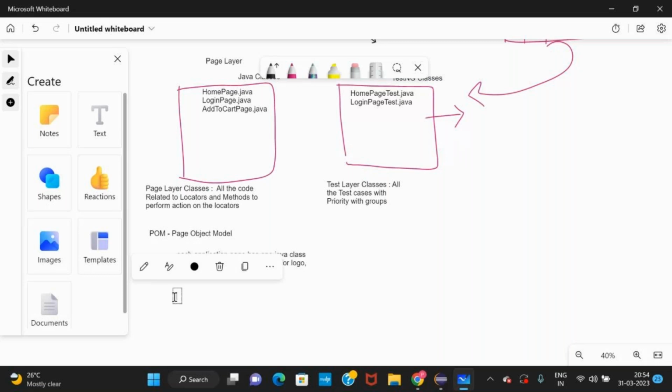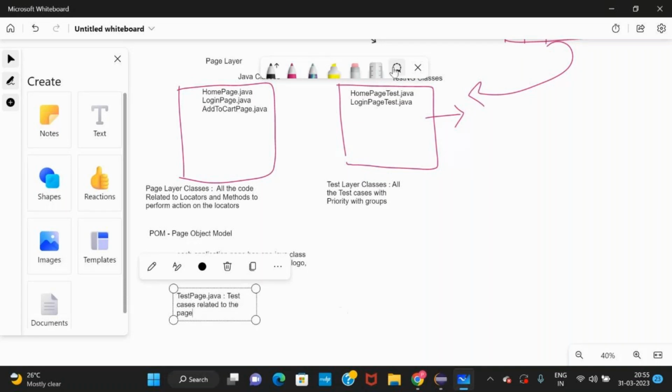Now each test page, each test layer page that we have, like TestPage.java, what will it contain? Test cases related to the same page. Which page?